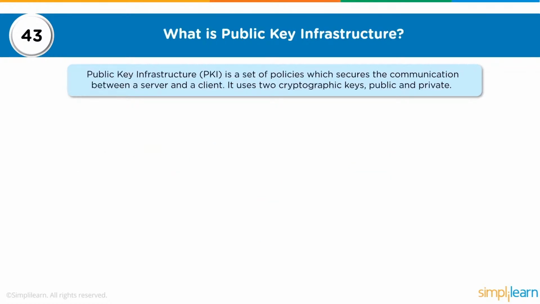Then the next question: what is public key infrastructure? Now, the public key infrastructure is a set of policies which secures the communication between a server and a client. It uses 2 cryptographic keys, public and private. So the infrastructure itself is a set of policies, people, procedures, and techniques which are standardized in nature and are globally accepted